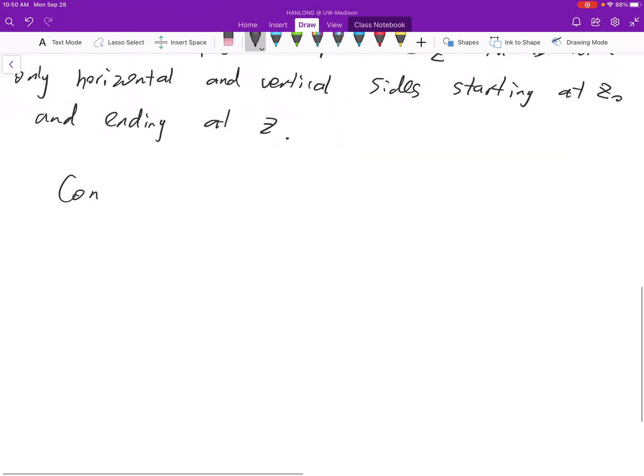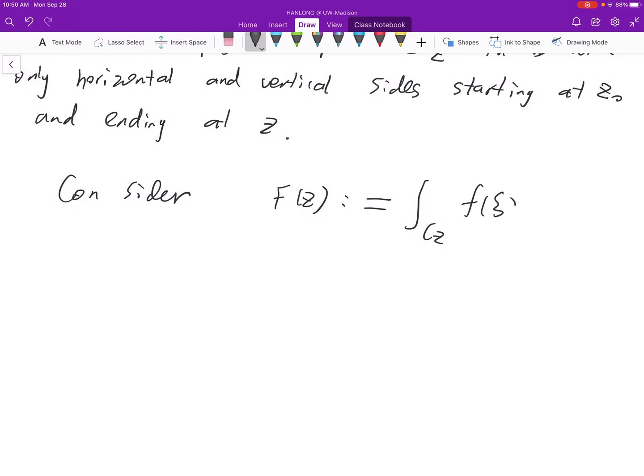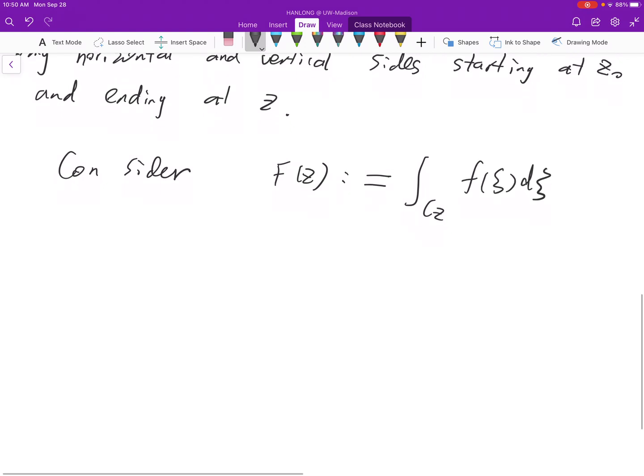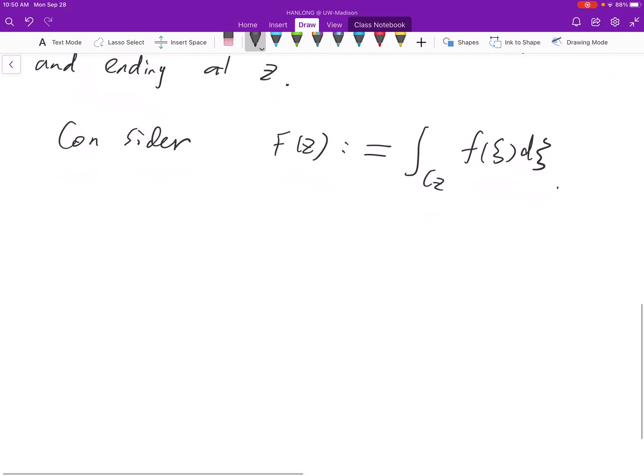Now consider the function capital F(z) defined by the integral of f(ζ) dζ along C_z. Then F is well defined. In other words, it's independent of the choice of the polygonal path C_z,